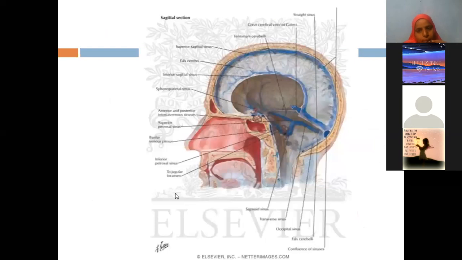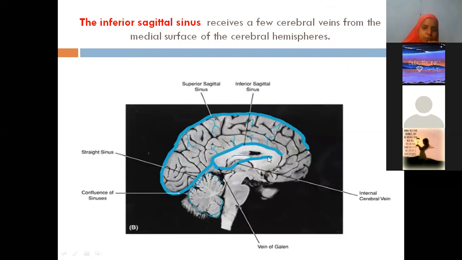Here you can see more clearly. Superior sagittal sinus, inferior sagittal sinus. This is straight sinus, and the great cerebral vein is continuing into the straight sinus. This is confluence of sinuses, the meeting point. Here you can also see with brain, the picture is shown now. This is corpus callosum, connecting the two cerebral hemispheres.